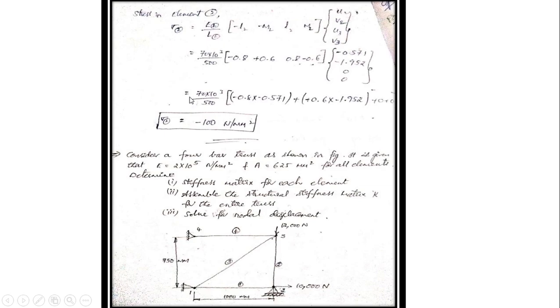This is the way to solve truss problems. So first, this is the problem of the given figure. We write the stiffness matrix of the first element and the stiffness matrix of the second element, and we combine both together to get the global stiffness matrix. After that you can apply the finite element equation. Before that you apply the boundary conditions, then we'll get the U2, V2 values. After that you apply the stress formula for the first element and the second element. This is the complete problem solving of the truss elements.